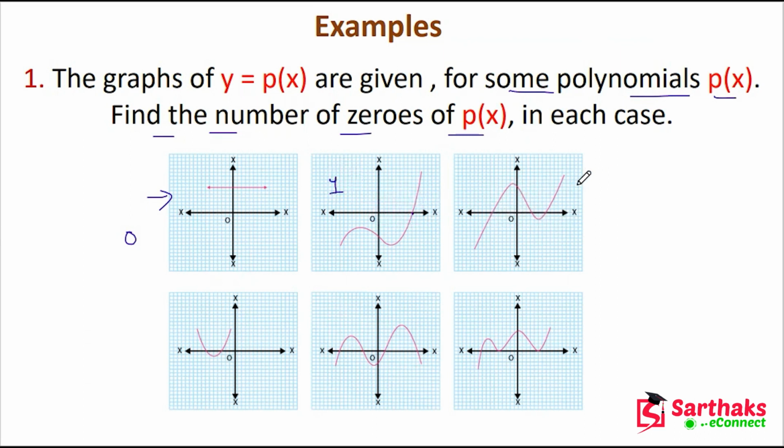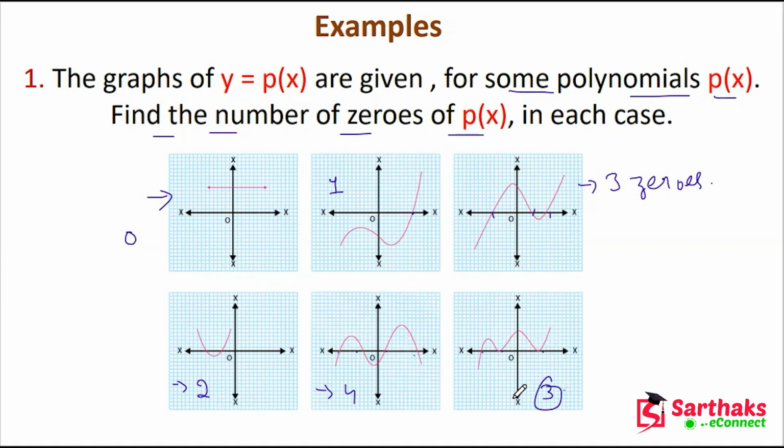In that case, there are three zeros. Why? Because the polynomial cuts the x-axis at three points. Now in that case, there are two zeros. In this case, how many zeros? One, two, three, and four, means four zeros. In this case, one, two, three. There are three zeros. So I hope you get this point, and you can easily find by seeing the graph